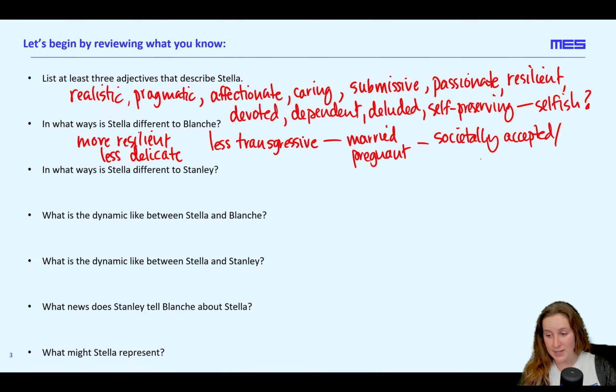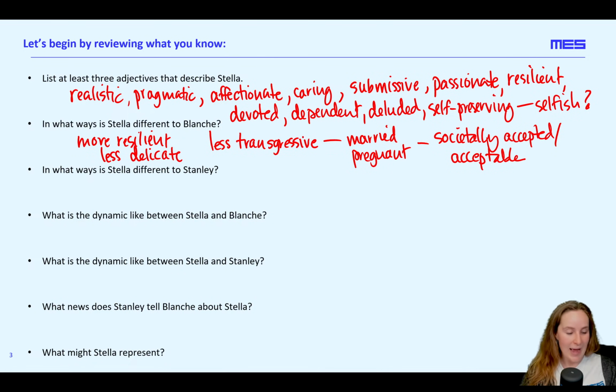And also perhaps acceptable, because it is Blanche's meetings with strangers, as she says, so really having sex with different people who she didn't know, or certainly in particular not married to. There we have her as actually the more transgressive of the two. With this as well, we also have her as this kind of